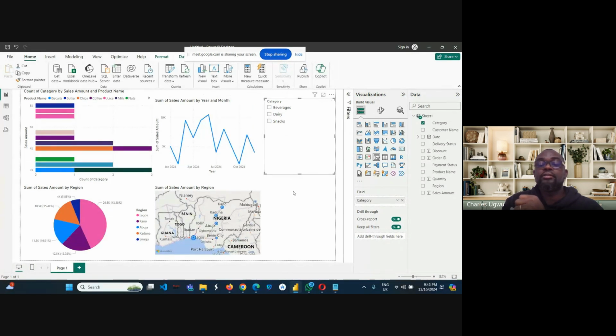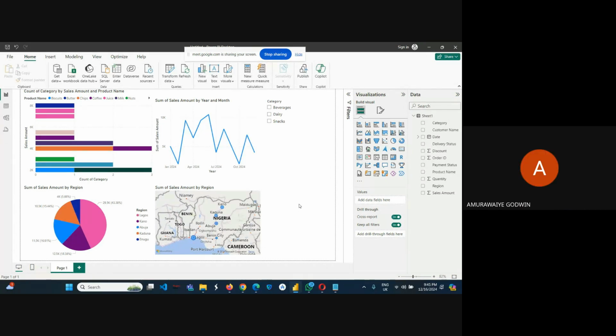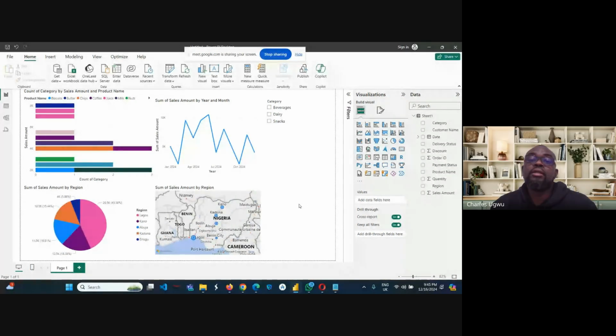Yeah. I hope we are making sense here. Sir, can we have multiple slicers? Maybe in case you want to filter by region or by date. Yes, we can have multiple slicers. We can add another slicer and call it